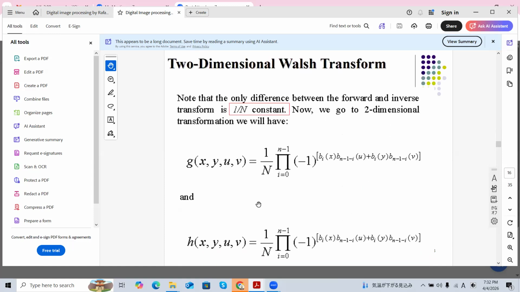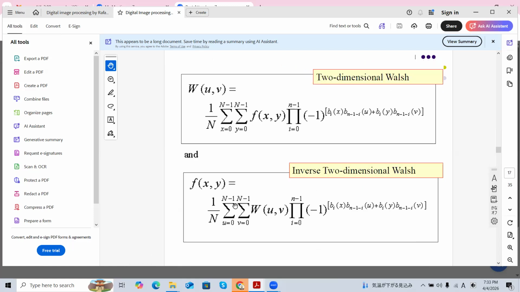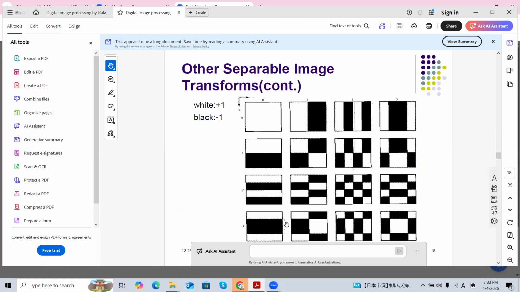For two-dimensional, of course, we have two-dimensional x, u and y, v, and the product of -1 to the power. We calculate G and H, the kernel, which is just plus and minus, and then the two-dimensional Walsh transform is like this, and the inverse. I can show you the two-dimensional case. Here it is from 0 to 3 and 0 to 3, this is for v and this is for u